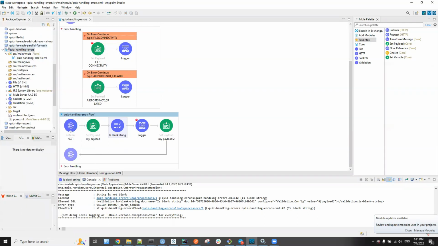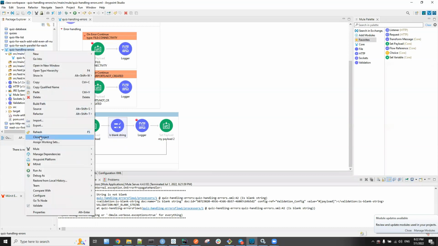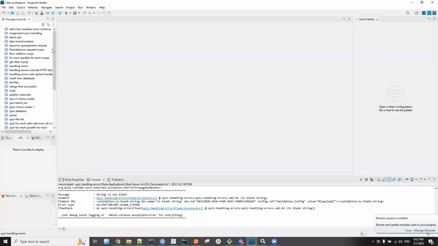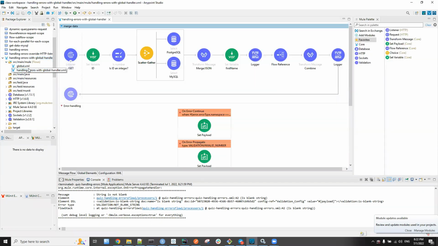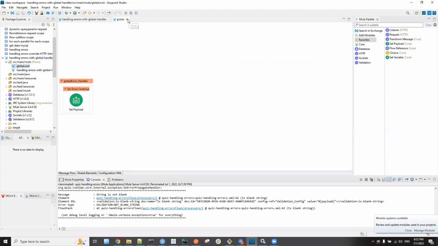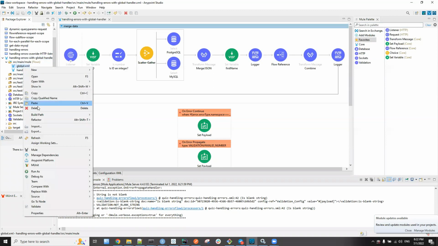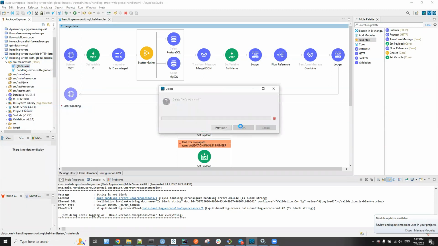So stop and close project. I have error handling with global error handler. So the global error handler will add it together. So I will remove it. Let me remove this one. Okay. So remove it from here.